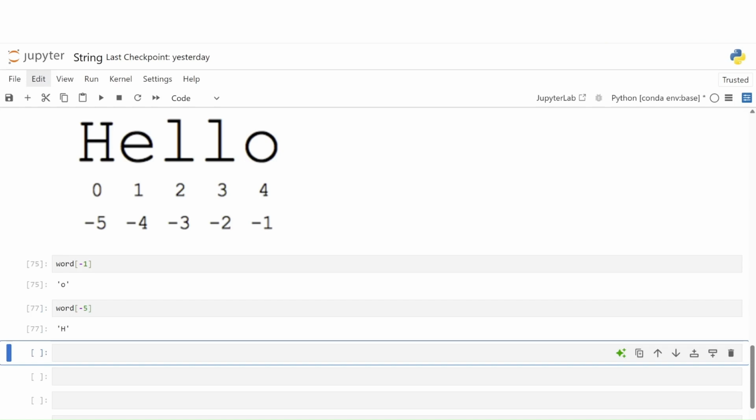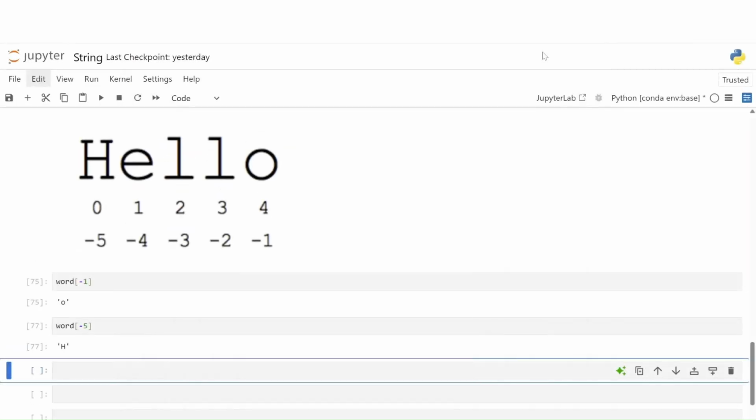So, to access any character, we just type the string variable name and then add the square brackets right after it. If you index from the start position, then it always begins at 0 and increases by 1 for each character. Alternatively, you can index from the end of the string. This is called negative indexing, where the last character is minus 1 and it counts backward from there. Now, there are a few more important things to know about indexing, which we'll look at next.